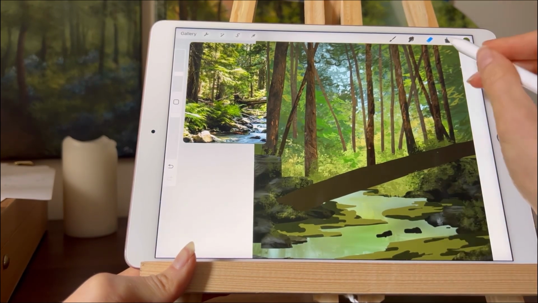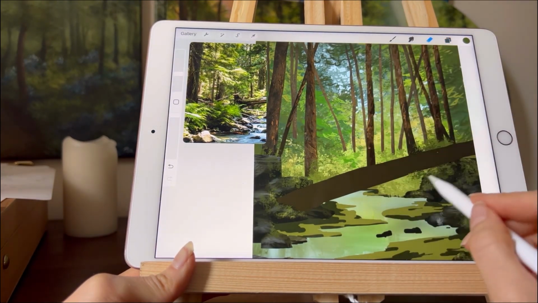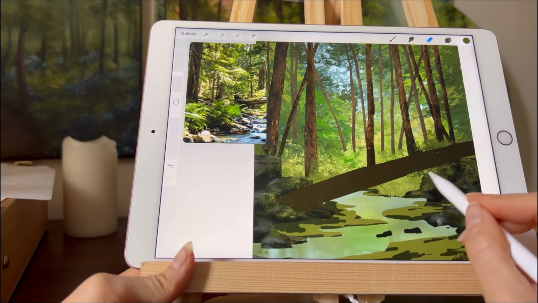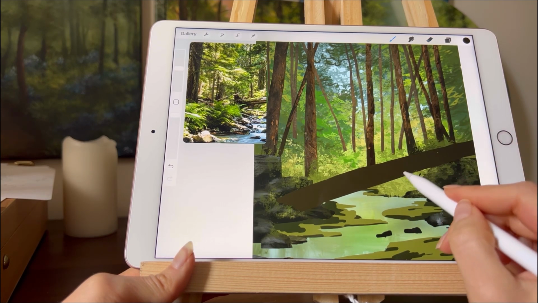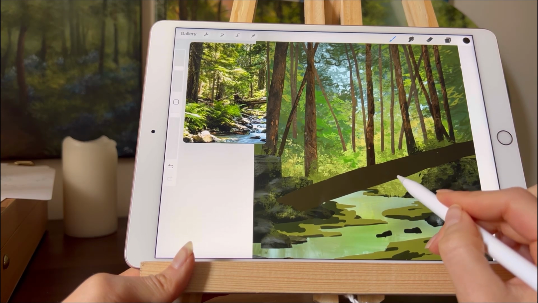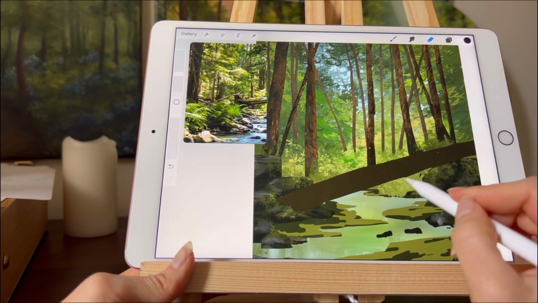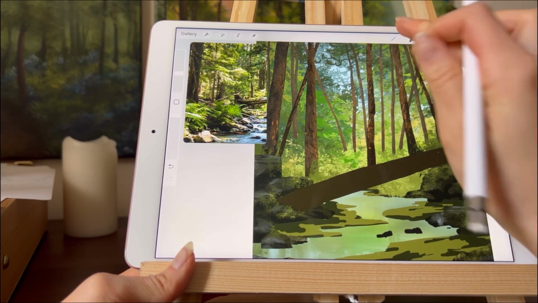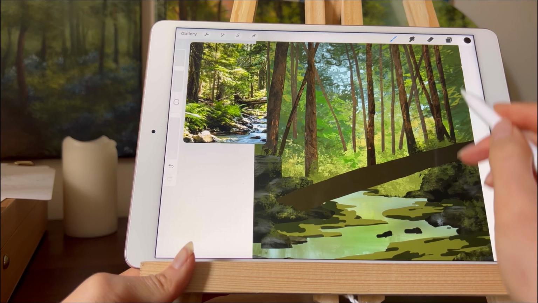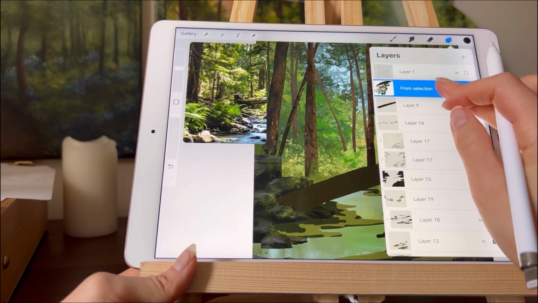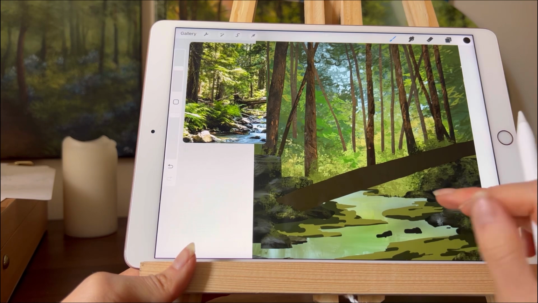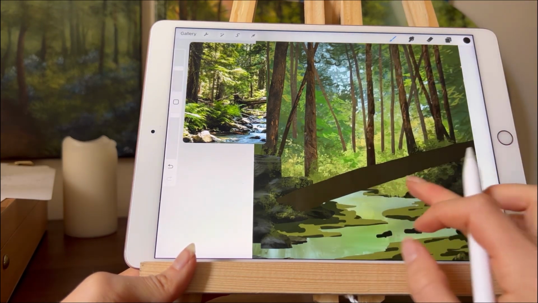But the great thing is you can just kind of lasso tool it out, and then when you lasso tool it, you can select copy and paste, and it puts what you've lassoed into a different layer. Then you go back to the other layer, hide the copied layer, and then erase everything in the other layer that you've painted over, and essentially put the stuff right now that I've got there, moving it, basically putting that